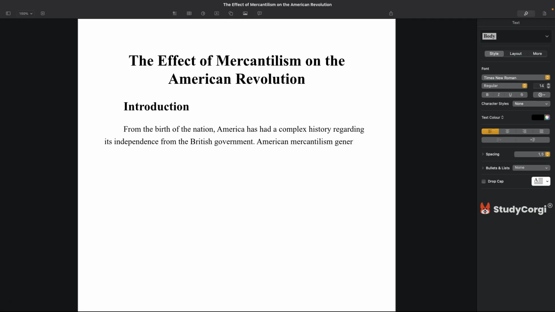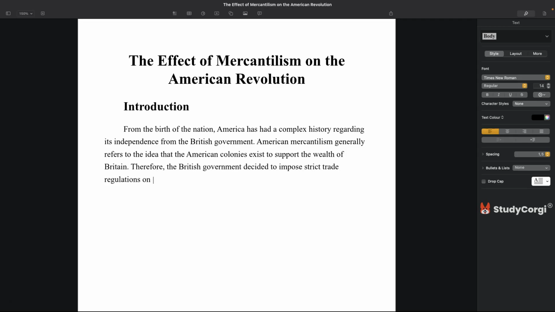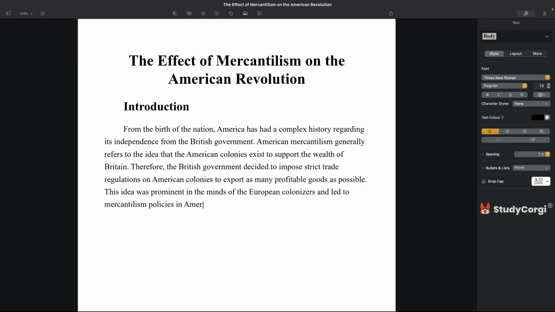American mercantilism generally refers to the idea that the American colonies exist to support the wealth of Britain. Therefore, the British government decided to impose strict trade regulations on American colonies to export as many profitable goods as possible. This idea was prominent in the minds of the European colonizers and led to mercantilism policies in America. Ultimately, the increasing cost of American mercantilism worsened the relationship between the colonies and Britain, becoming one of the reasons